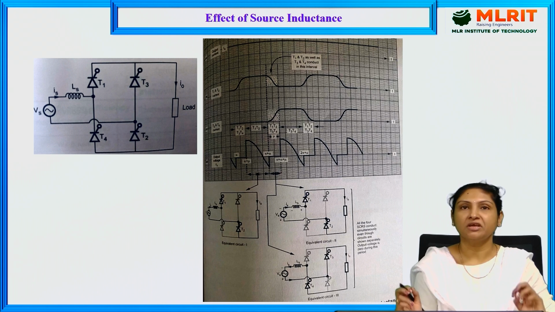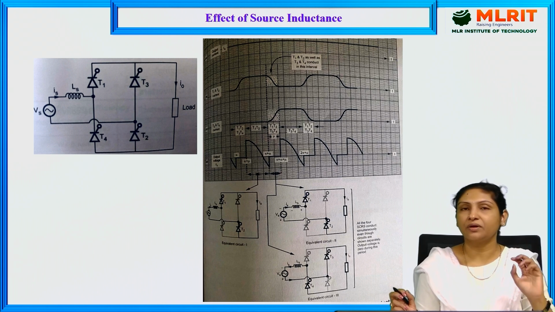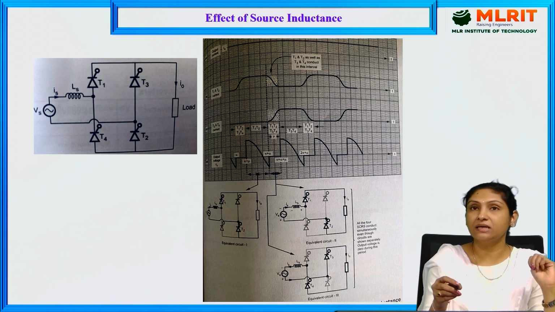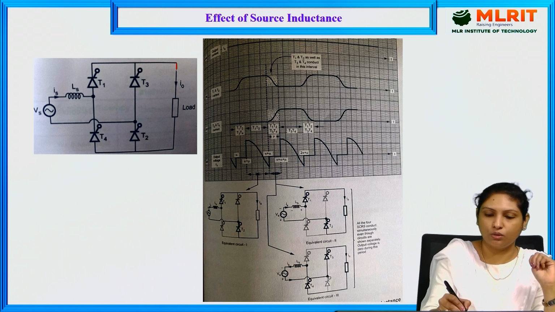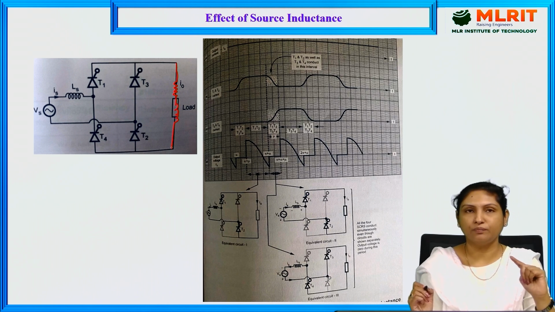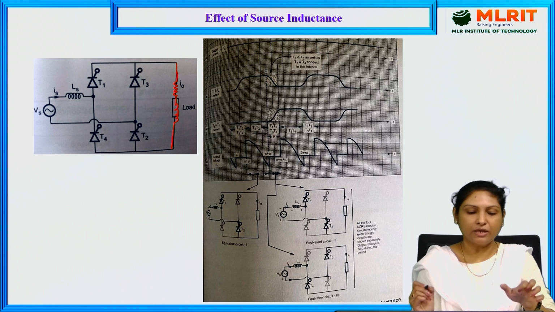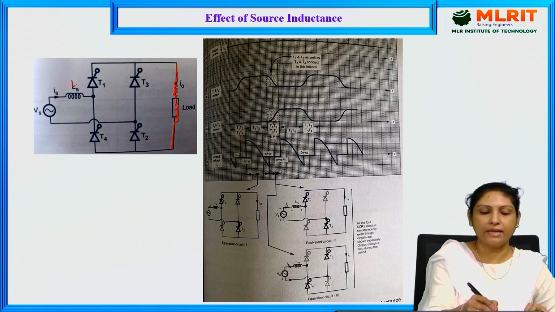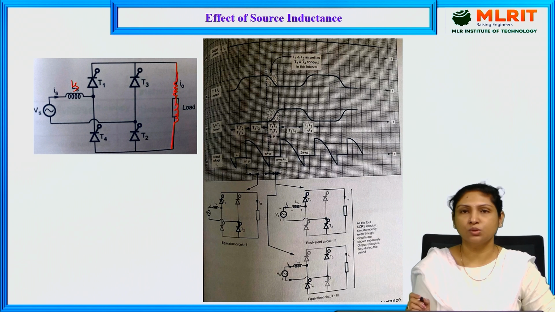Initially, I have considered a full converter which consists of all 4 thyristors, and here I am making use of an RL load, that is, resistance as well as inductance is present. And apart from that, here I am making use of a source inductor, that is indicated with LS. So initially, during the positive half cycle,